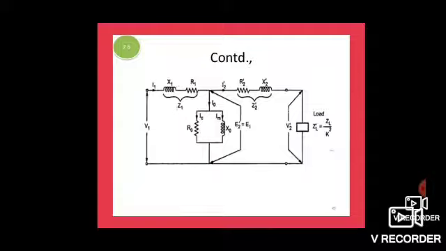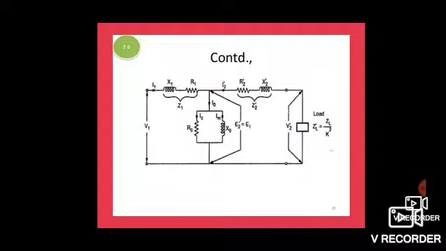Now the primary reactance is X1, the primary resistance is R1, and the no load current is I0. IC is the working component current, that is IW. IM is the magnetizing current flowing through the reactance X0. R0 is the open circuit resistance and X0 is the open circuit reactance. I1 is the current flowing through the primary winding.